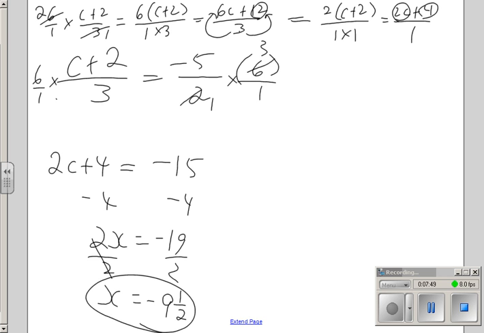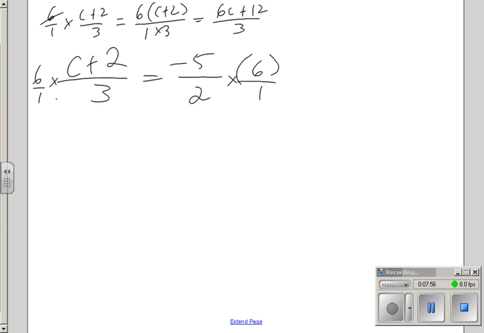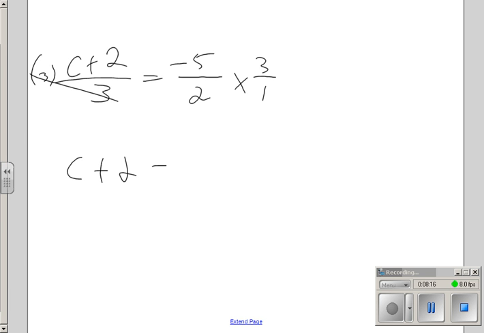Okay. Let's look at that same equation, but instead of multiplying both sides by 6, let's see if there's another way to do it. Instead of multiplying by 6, what else could we do? Well, we could have multiplied both sides by 3. That would have worked as well. I would end up with c plus 2 equals negative 15 over 2, which would have been subtracting 2 from both sides. I would have c equals,